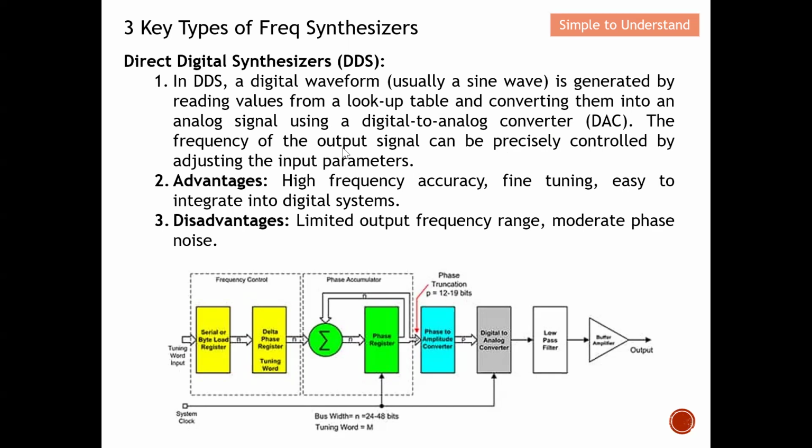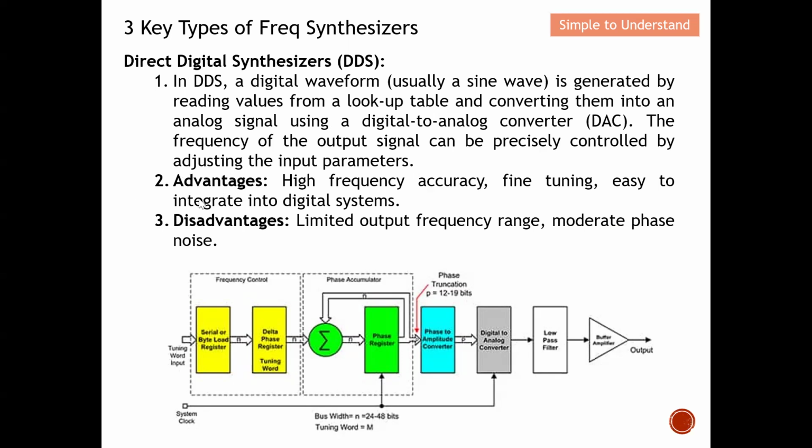So in short, for the digital synthesizer, you have this lookup table. When you have this lookup table, you use the so-called reading value to generate the output frequency. So this is the newer method. Later on, I will have some discussion on how we have this form of direct digital frequency